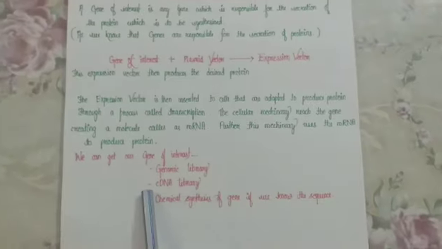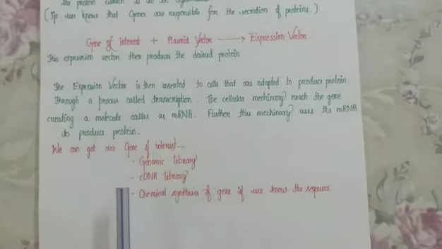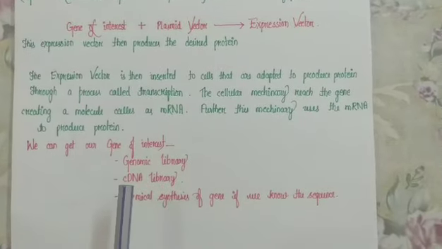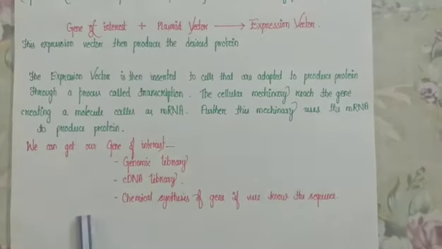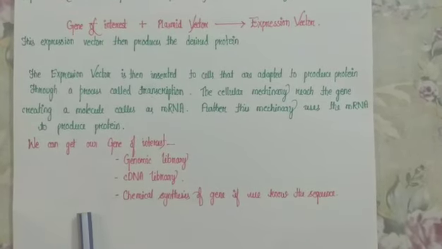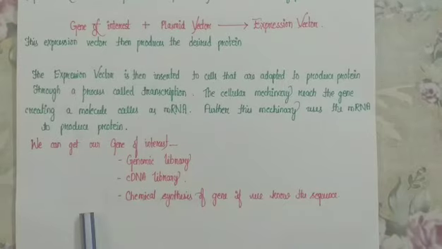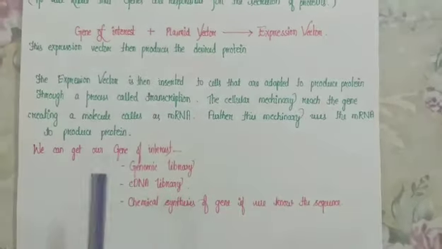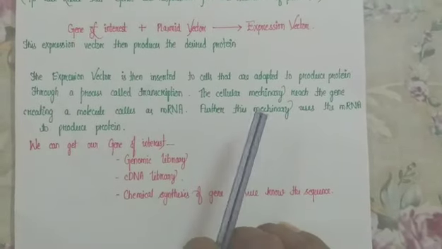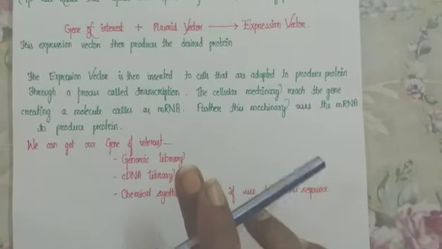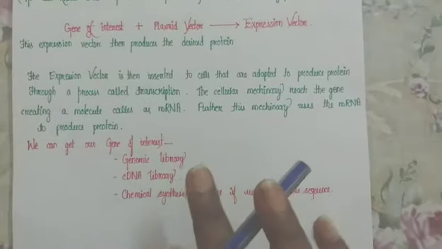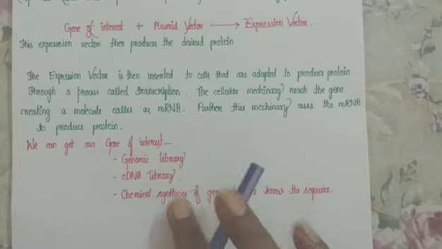So our gene of interest is identified and isolated. Identification means that if we need a certain gene, that means certain proteins. If we need a certain protein and that protein is lacking in somebody's body, how would we directly synthesize that protein? We need the hormone, which is responsible for the secretion of that particular protein.